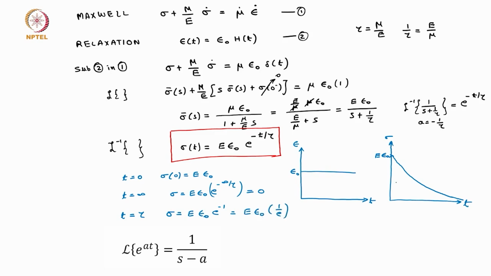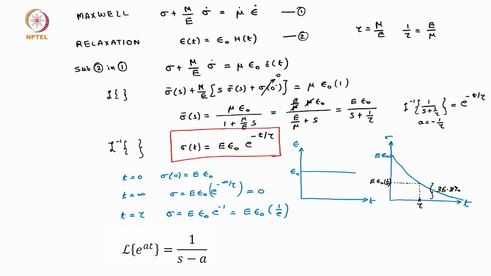So, now if we represent it in the plot, looking at tau, which is the relaxation time, the corresponding stress will be E epsilon naught times 1 by e. So, we know that e has a value of 2.718, so this 1 by e has a value of 0.37. So, this value is